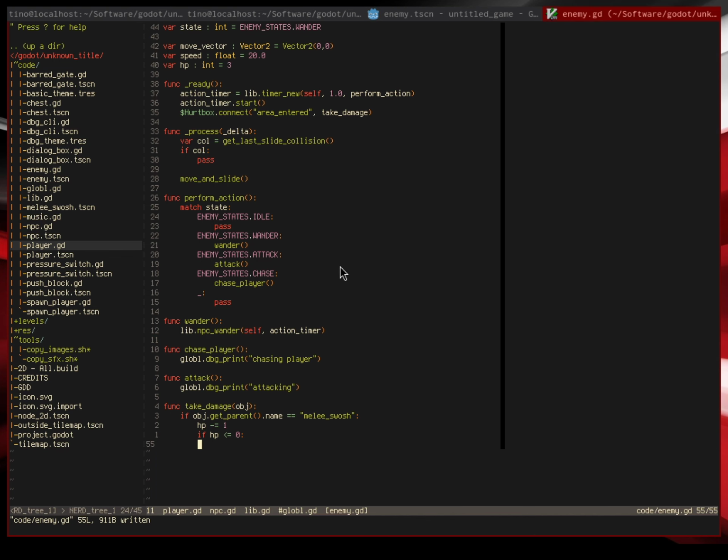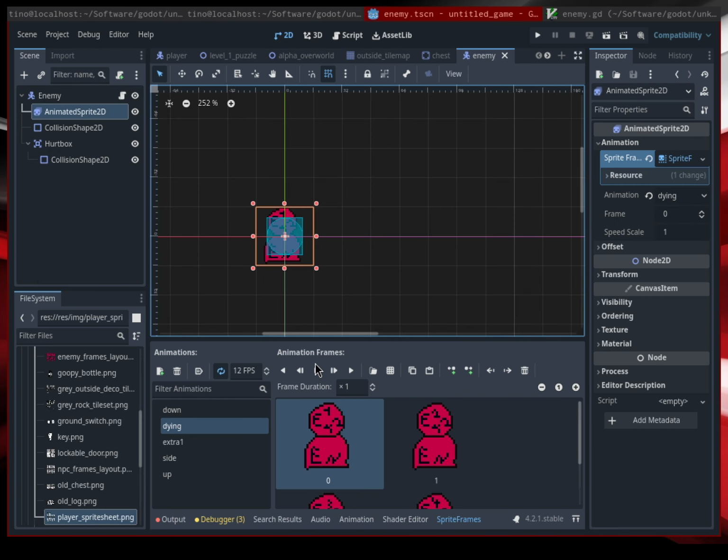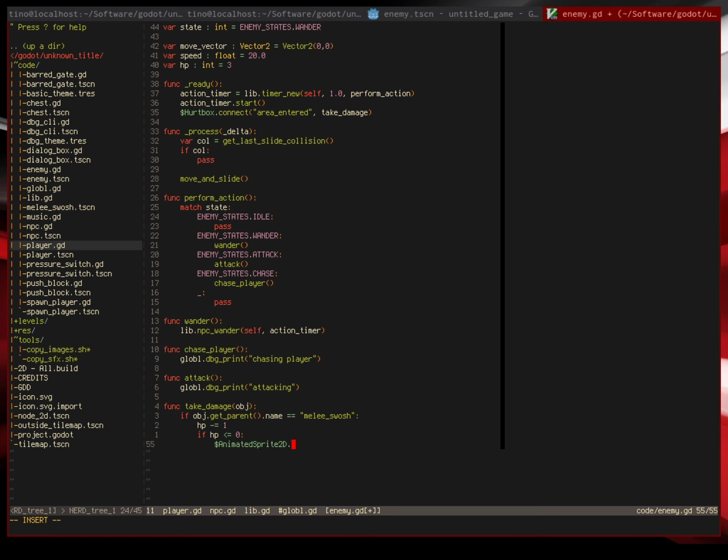And here I'm going to select the animated sprite 2D, play, dying. I'm also going to connect